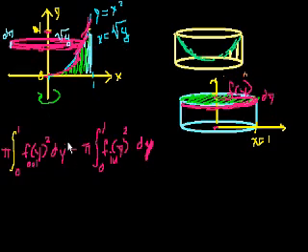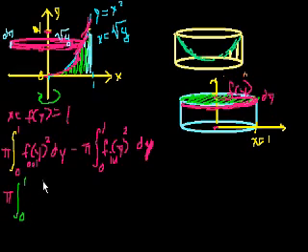Now, how do we apply it to this particular situation? Well, what is the outside function? F of y, x is equal to f of y. We're just switching the variables. And we said that x is equal to 1. This is just a big cylinder, right? So f of y is equal to 1 in this function, so we get pi times the integral from 0 to 1 of 1 squared dy